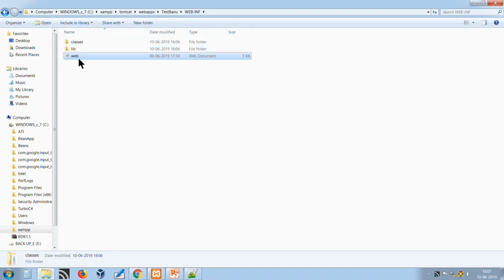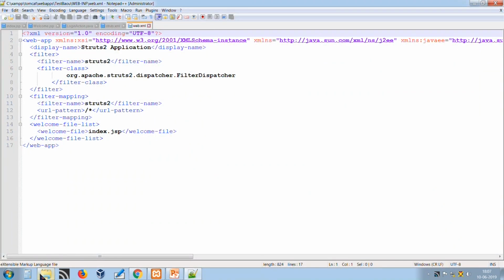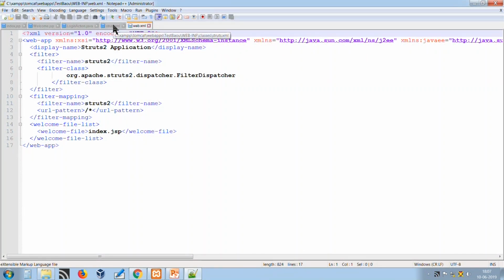Then we have a deployment descriptor web.xml, and you can see the lib directory containing all the jars. So, you need to copy all these jar files into the lib directory from the blank war file, and then start developing your own Struts based application.